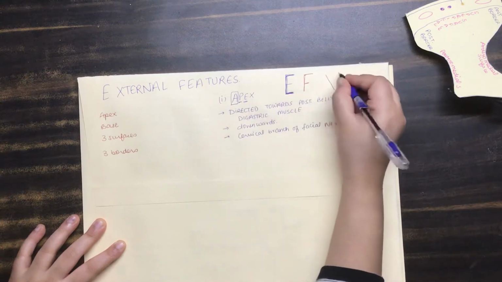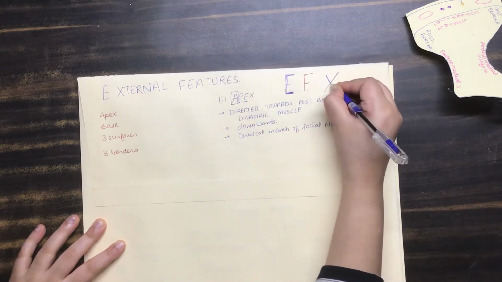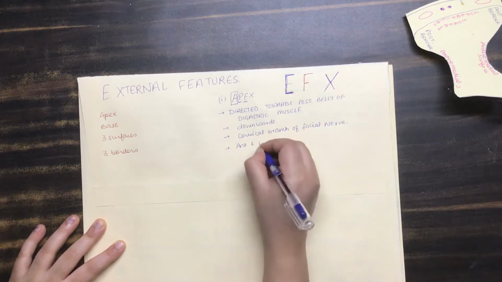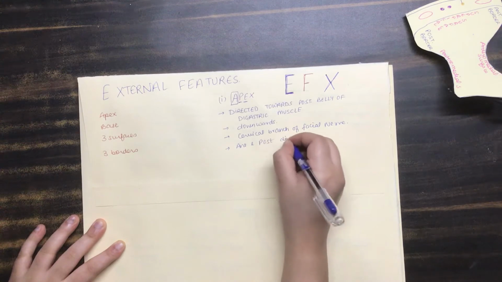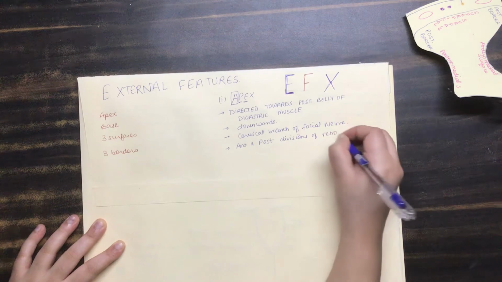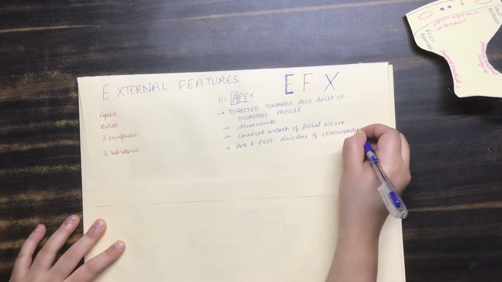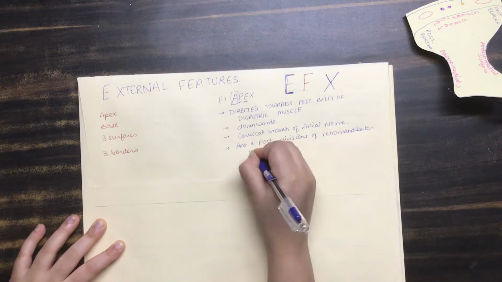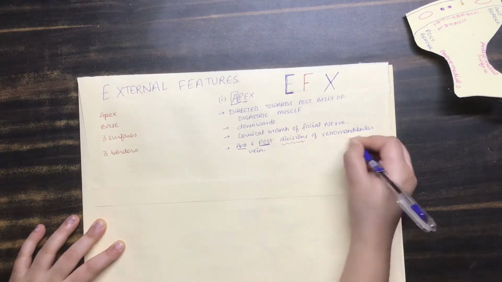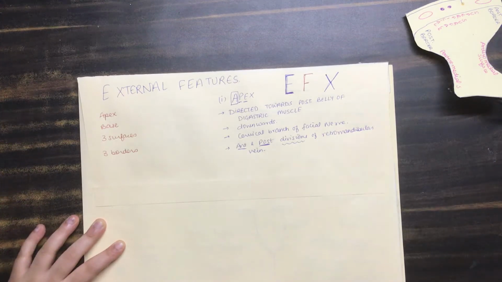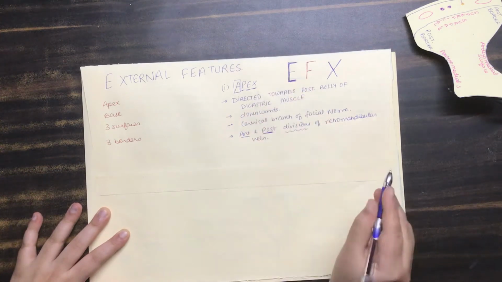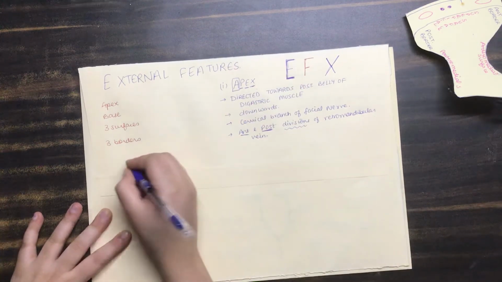And now just magnify the letter X. You will see 2 V's here, one V on top and one V below. So it has the anterior and posterior divisions of the retromandibular vein. So that is about the apex. You just need to remember the letters, and you will be able to write down the important 4 points for the apex. Now we'll start with the base.